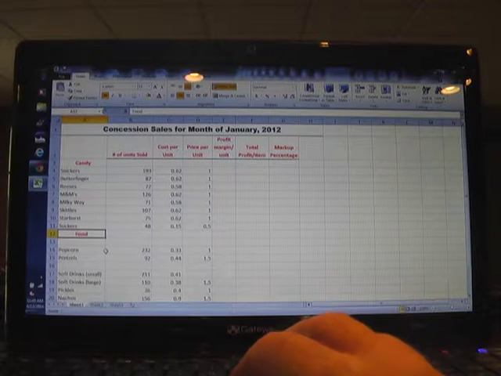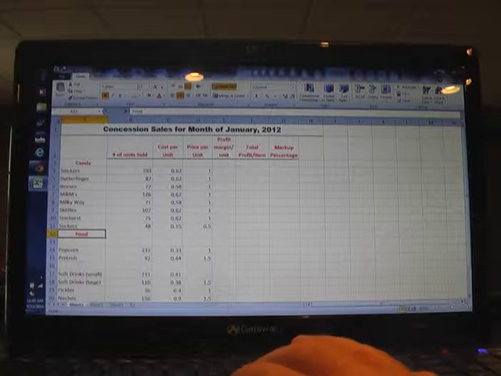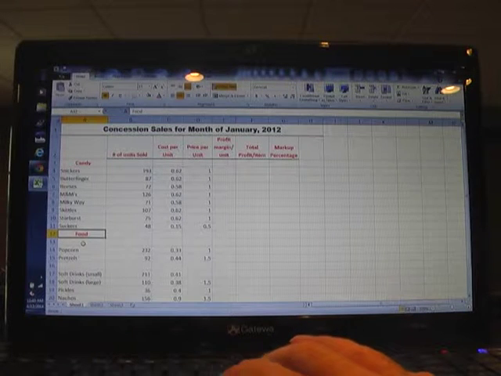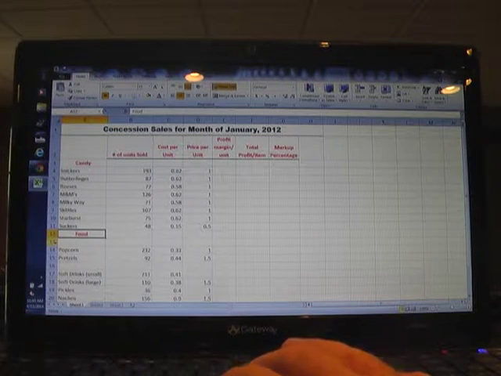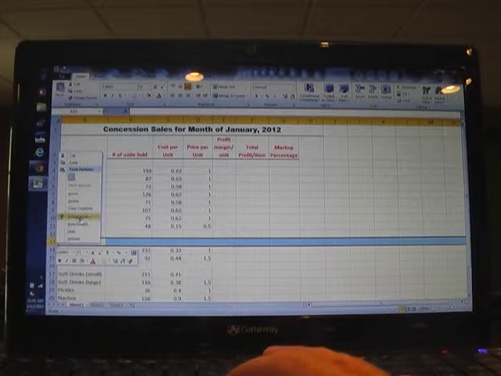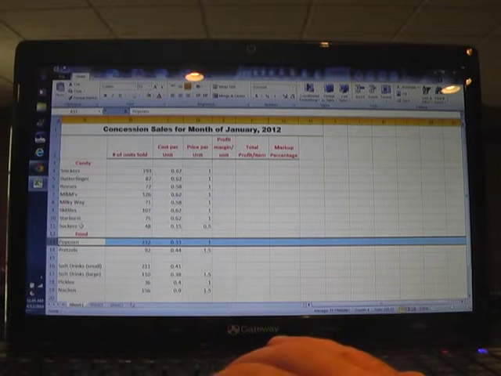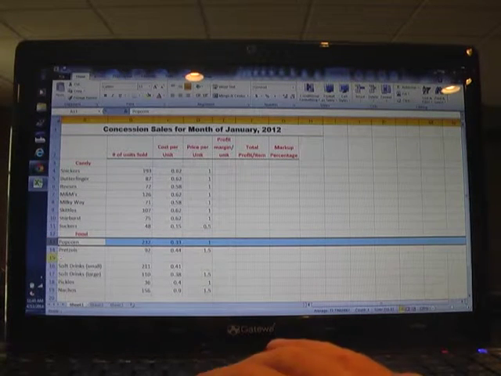Okay, as you can see, I've got a row right here. I could go ahead and put my pickles up there if I wanted to by cutting and pasting, but what I'm going to do is delete this row by right-clicking, and then going to delete, and you'll watch the entire row disappear there. It moves popcorn up. I'm going to insert